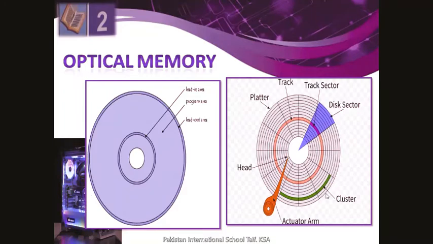Here you can see we have track and sectors, and this is a complete platter like this. This is a complete platter, and this is a zoom view of your optical memory. This platter consists of track, sectors, clusters, and read and write head.